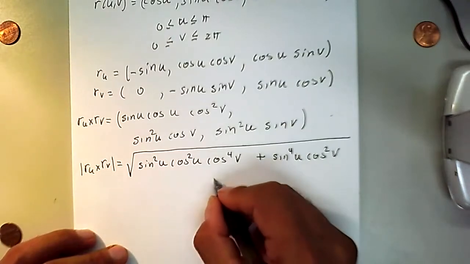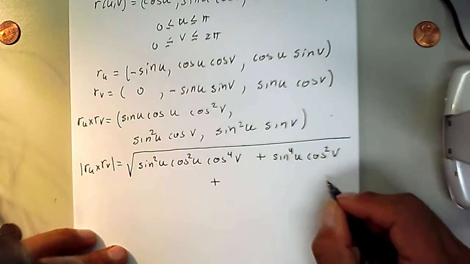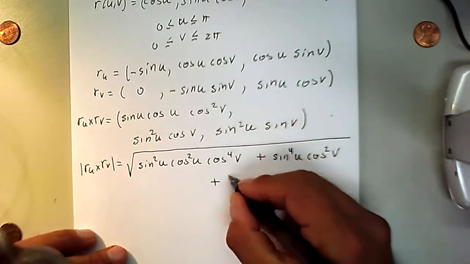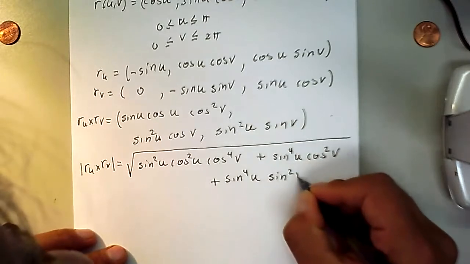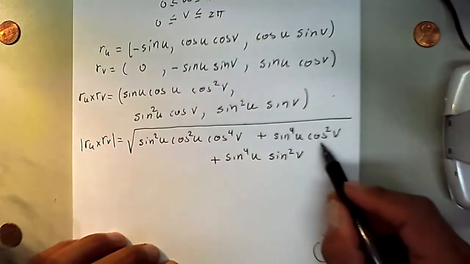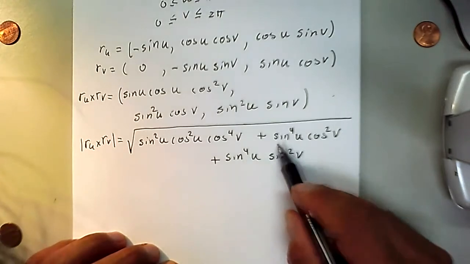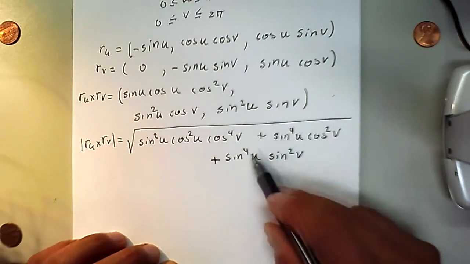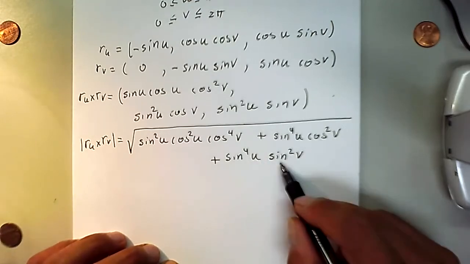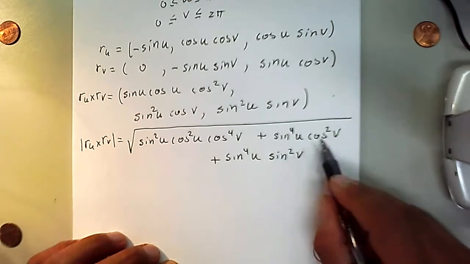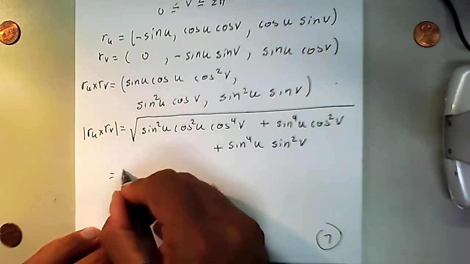And I'm going to continue this sum here, still under the same root, plus sine to the 4 of u sine squared v. Now those last two terms have a common factor, sine to the 4 of u. So we can factor out sine to the 4 of u, and then we are left with cosine squared v plus sine squared v, and those are going to add up to 1. So we're going to end up with